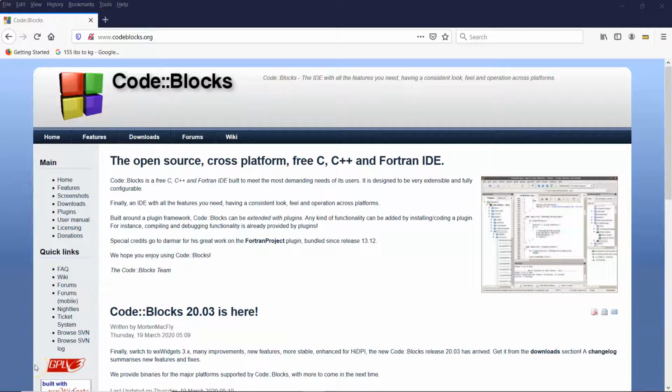In this video, I'm going to demonstrate how to install and use the CodeBlocks IDE, which is what I'll be using in this class. So CodeBlocks is a free download. It's open source software. The website is www.codeblocks.org. So if you'll go to that website, then click Downloads,